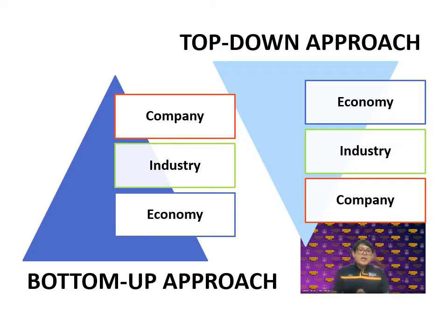After we finish analyzing the economy, next we need to analyze the industry, meaning we need to pick the sector in which a particular company operates. Then after that we can pick the company. We need to make an analysis which involves the qualitative and quantitative factors affecting the valuation model. The second one refers to bottom-up. Bottom-up is opposed to the top-down approach, meaning that you start with the company, then you go for the industry, and at the end of the analysis process, you look at the economy.